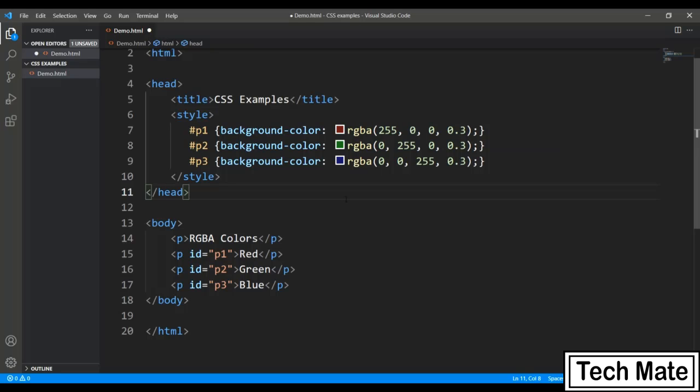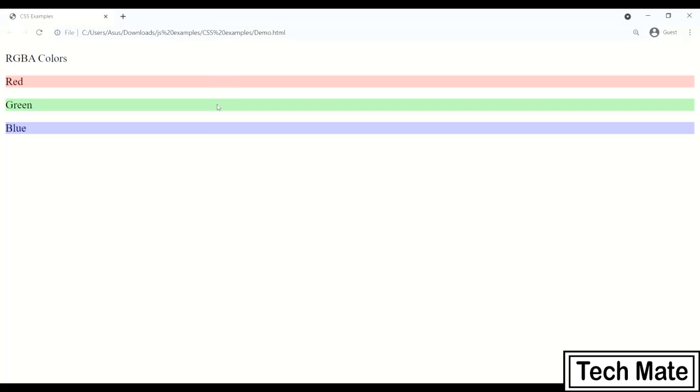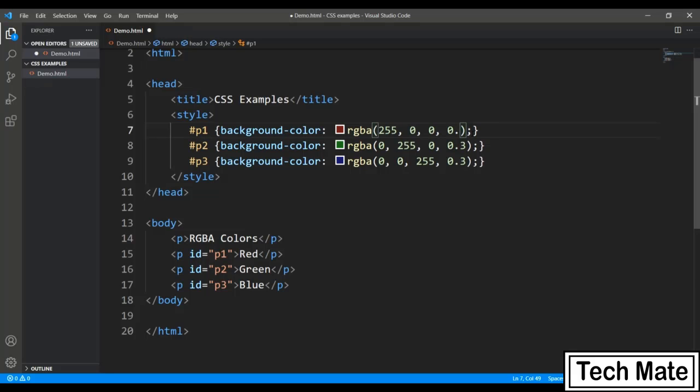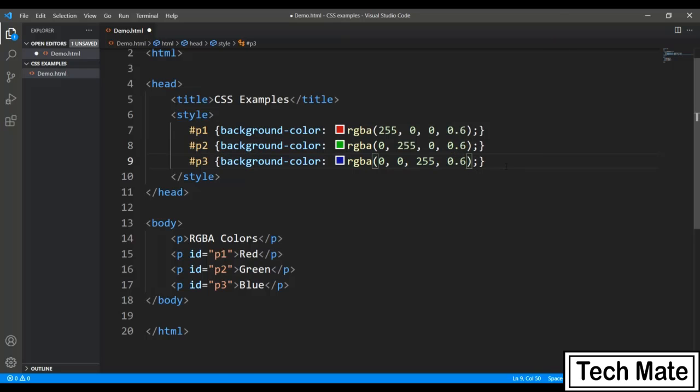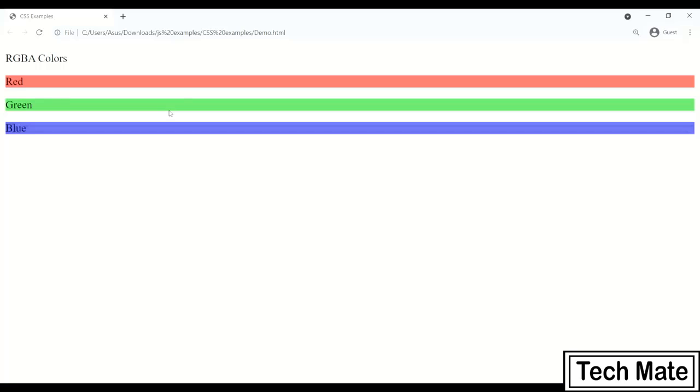Let's save it for now and refresh. You can see this is red, green and blue, but not to the extreme. There is some lightness in the color, and that's because of the transparency. The minimum value will be 0, the maximum will be 1, and in between you can give a decimal value. As I increase the value, it is darker in shade.